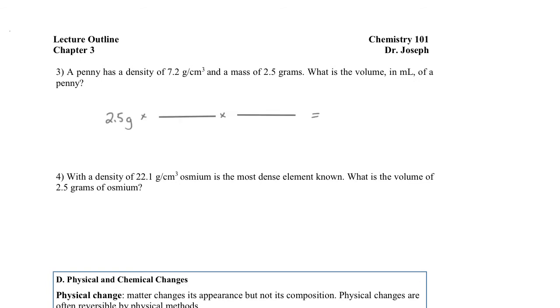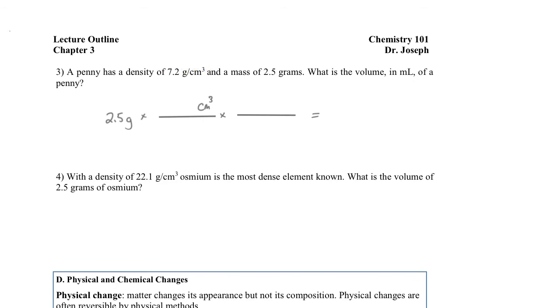In this first problem, we're given the mass of a penny, and we're trying to determine its volume in milliliters. Notice, however, that our density unit is not in terms of milliliters, it's in terms of cubic centimeters. That means we need an additional step. First, we need to convert the mass in grams to cubic centimeters. This is where we'll use the density as our conversion factor to do that,